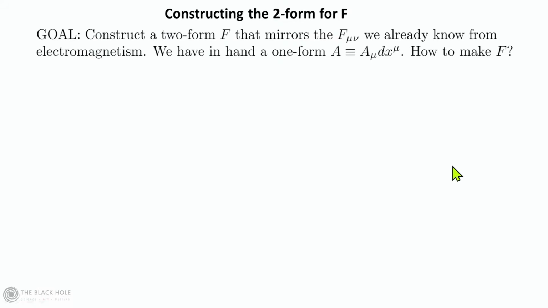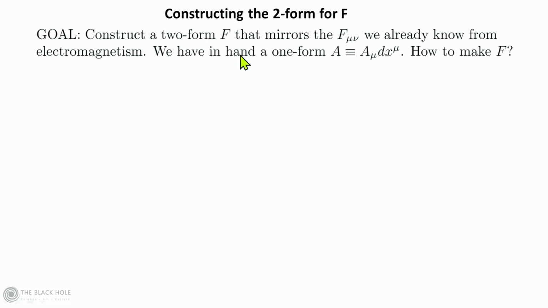Okay, so now let's come down to business. In a gauge theory, we have the tensor F mu nu, and we're used to it from electromagnetism, where F mu nu is equal to d mu A nu minus d nu A mu. And what we want to do is construct a 2 form that mirrors the F mu nu that we already know from electromagnetism. And electromagnetism is a very simple theory because it is an abelian theory. What we're going to need this 2 form for is a Yang-Mills theory, and we